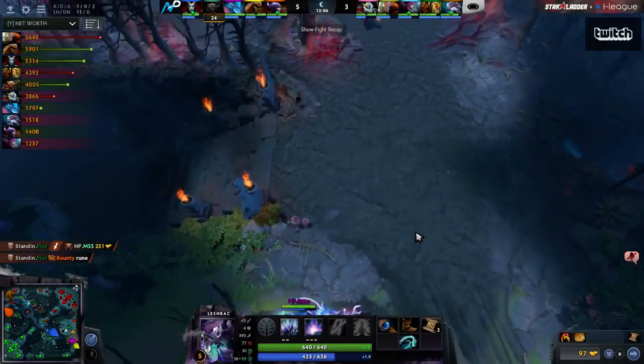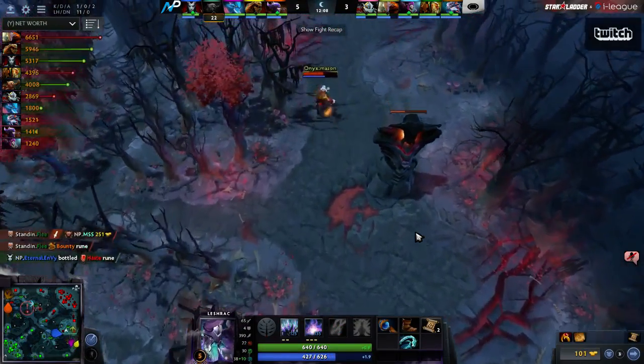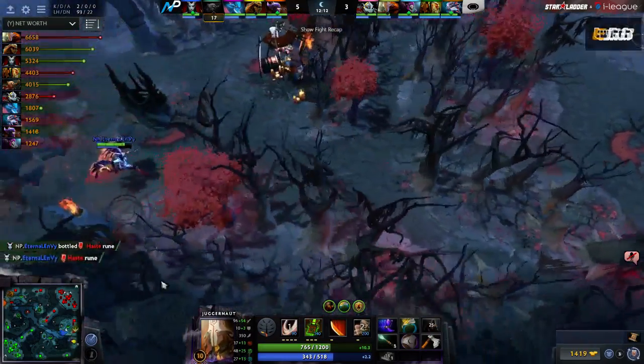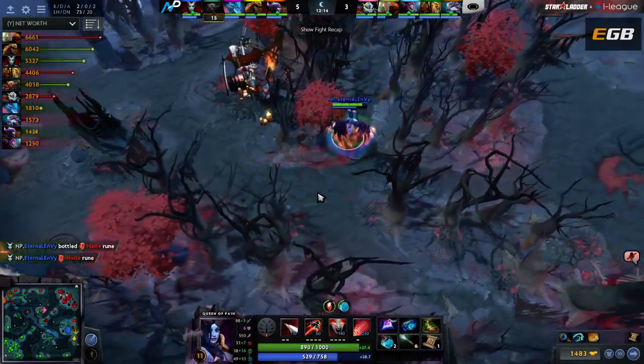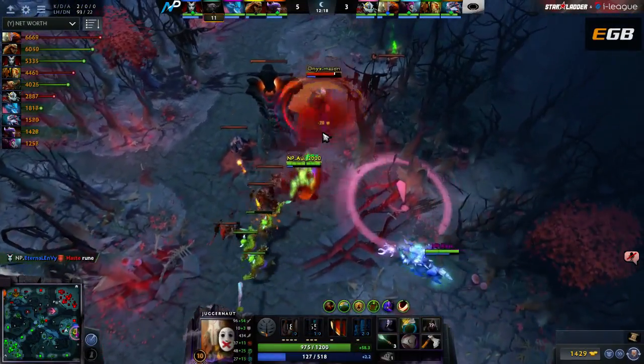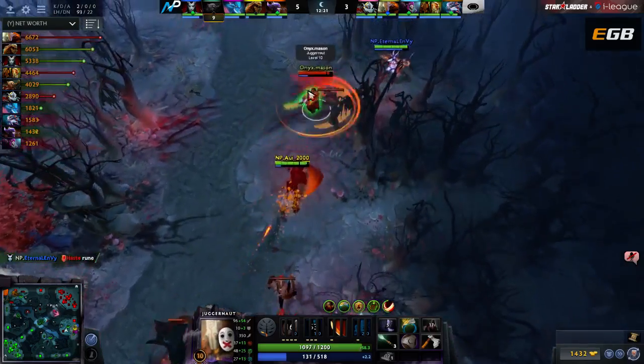A little bit questionable there to attempt that top lane push, pressure the tower without the Leshrac. He's the majority of your tower damage right now on the Radiant side. I mean, they are going to go ahead and try to apply some pressure to the bottom tower, but